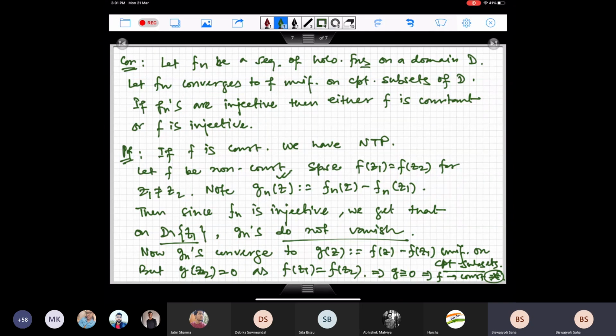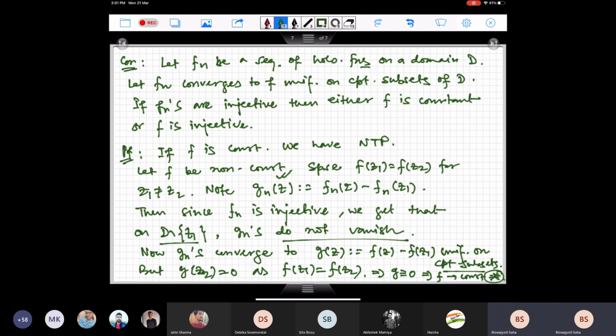Similarly, if I have a sequence of injective functions, then the limit is either constant, or for any two points the images are going to be different. So again two extremes: either no two points go to the same point in the limit, or all the points go to the same point. Those are the nice little properties that we observe as corollaries of this